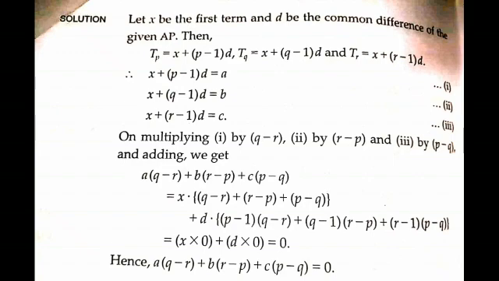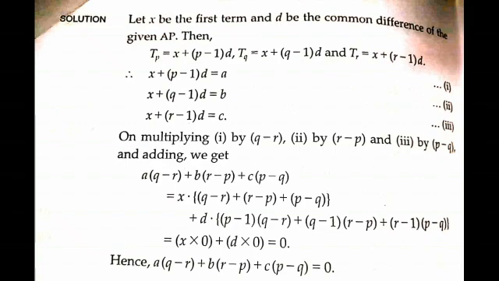On multiplying equation 1 by (q minus r), do it carefully, equation 2 by (r minus p) and equation 3 by (p minus q), and adding these, we get a into (q minus r) plus b into (r minus p) plus c into (p minus q)